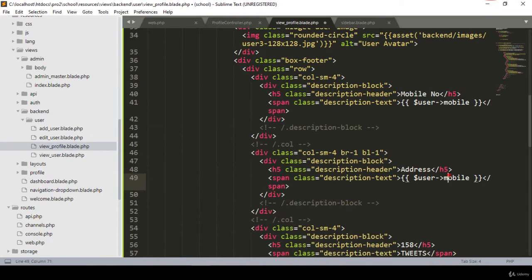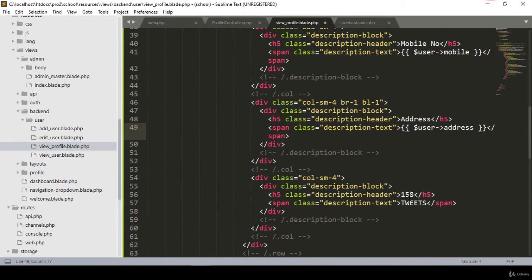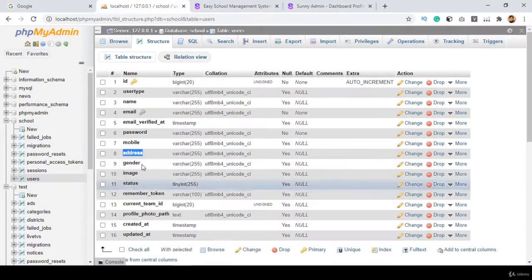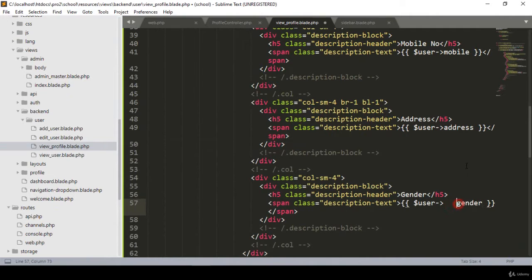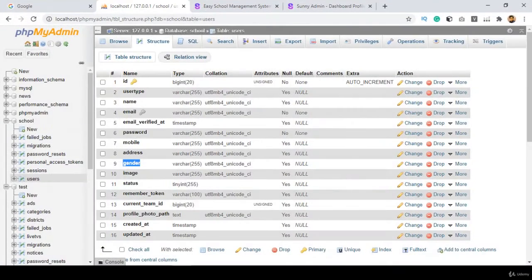That means here it will display that address, and then I take another one as a gender. So whatever field you choose, right now for education purposes, I'm actually using it. Okay, so here with this user I want to make this gender visible. So that will be as a gender. Perfect. So now if you click Save All, and now if you go there and